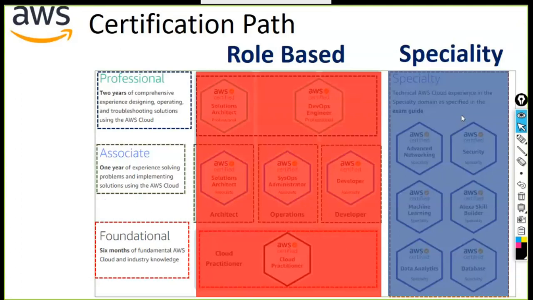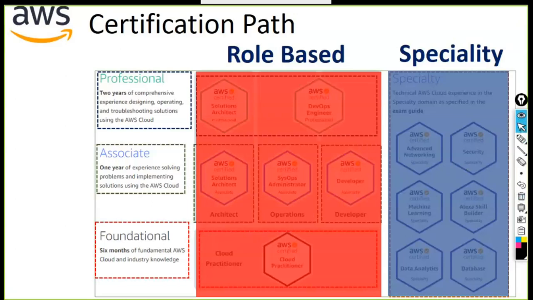So can I come back and take the cloud practitioner? Probably I just want to complete all the certifications. I've done role-based, I've done specialty. Can I come back and take the cloud practitioner? Yes, of course you can do that as well. You can still go ahead and do that cloud practitioner, so that you're completing all the certifications. I guess it's 11, right? 1, 2, 3, 4, 5, 6, 7, 8, 9, 10, 11, 12. I'm sorry, 12 certifications. So totally there are 12 certifications. If we exclude the foundation, it comes to 11 certifications. So that is a very long-term goal, to complete all the 12 or 11 certifications, whatever you have in your mind.